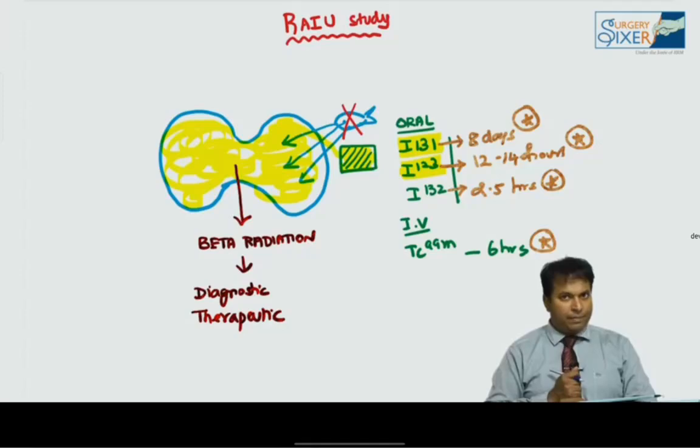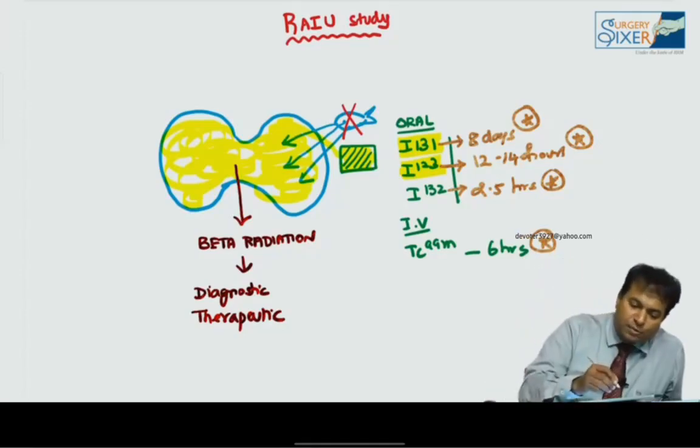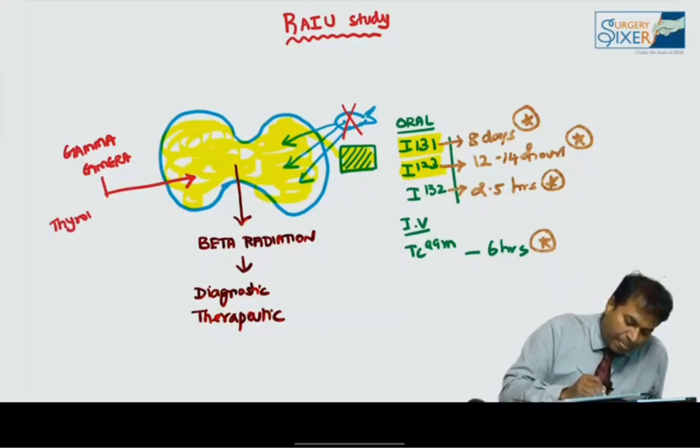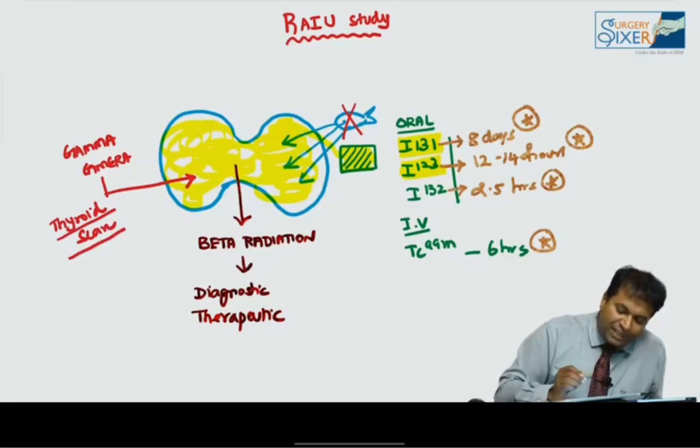Some of these substances will be given. Then, based on the beta radiation exposed, we use a special gamma camera to scan the thyroid gland for the uptake. With the help of the gamma camera, we can see the thyroid gland. That scan is known as a thyroid scan. With radioactive iodine uptake, we will do a scan known as thyroid scan, and we will do many diagnostic and